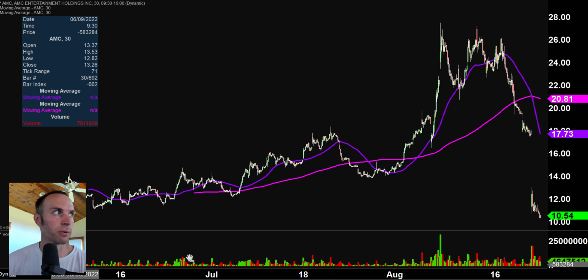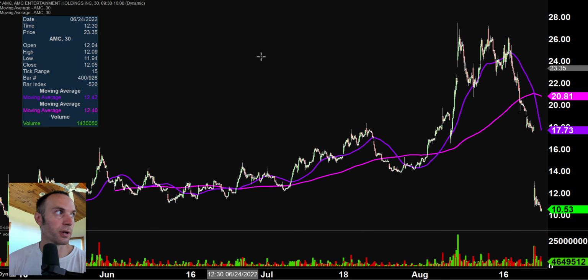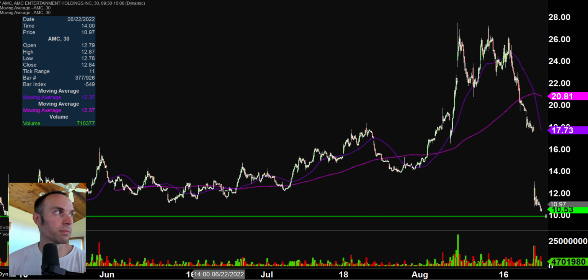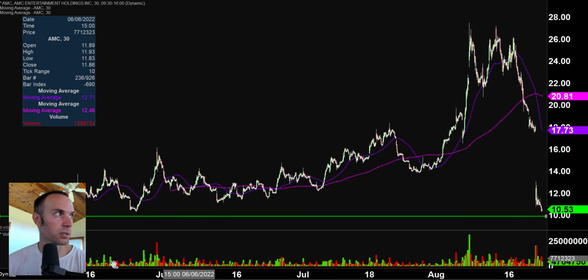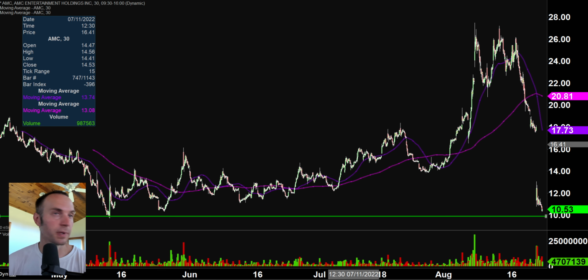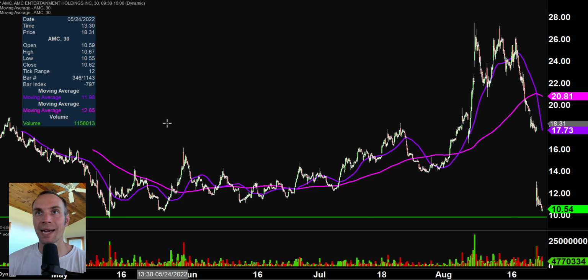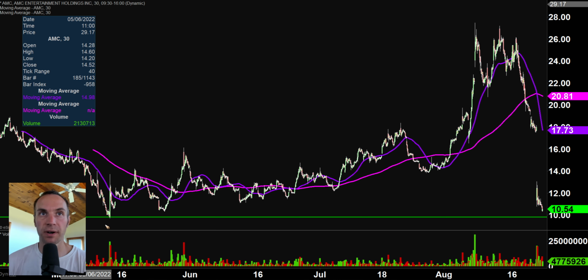In fact, let me zoom out a little bit more there. You can see that the price is now starting to hover right down below some levels that have not been, I guess it's behind my, let's do this. There we go. So here was the lowest it was back in, I didn't realize it was that long ago, early May, right around the $9 and about $9.80. So never quite hit it today, but nonetheless, this is going to be a very, very important level